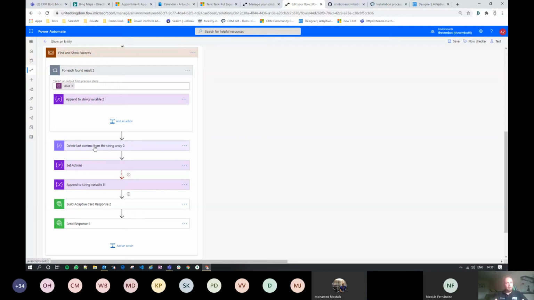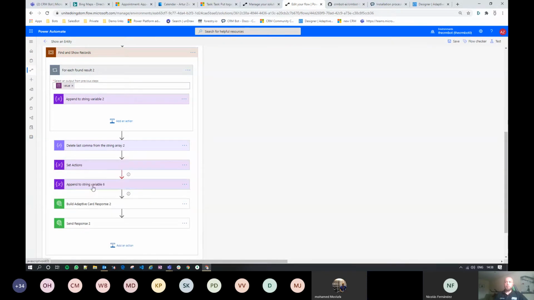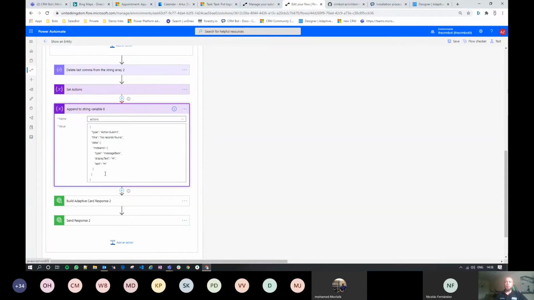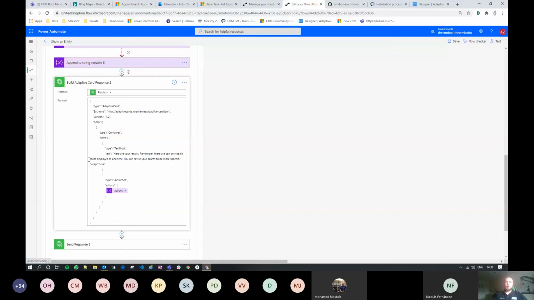If there aren't any accounts that you can find, you have to delete the last comma because otherwise the string will break. We're then setting this as a variable, and if there weren't any results, we're appending a new one that says no records found, but this is only when the configure run after is false. And then we're building our adaptive card.